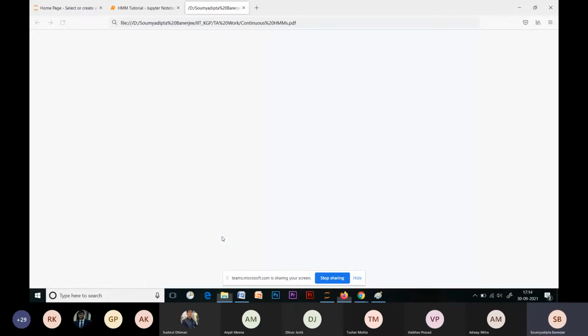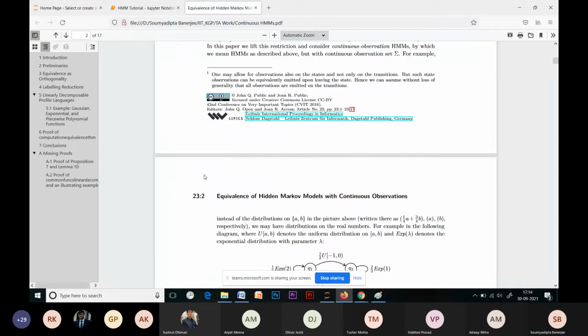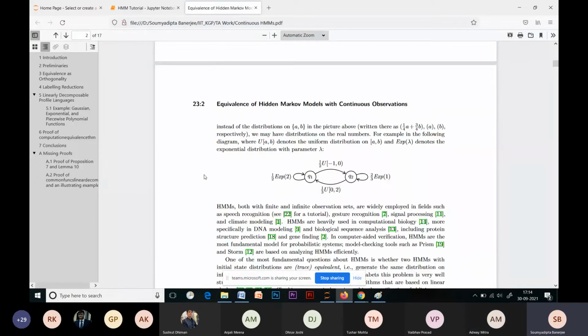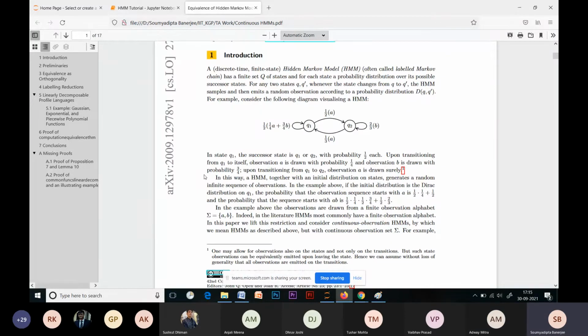Sir, should I cover this part of the HMM briefly? What is there in this part? I would like to just touch upon what would be the modification to the Markov model when we are trying to predict observed sequences where the number of different observed states is infinite, like when there are decimal values.